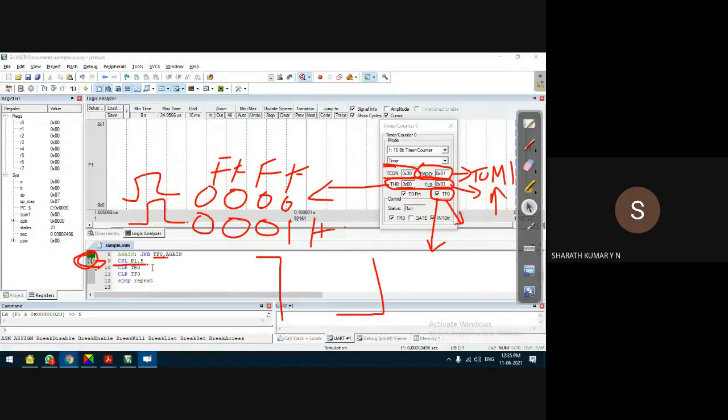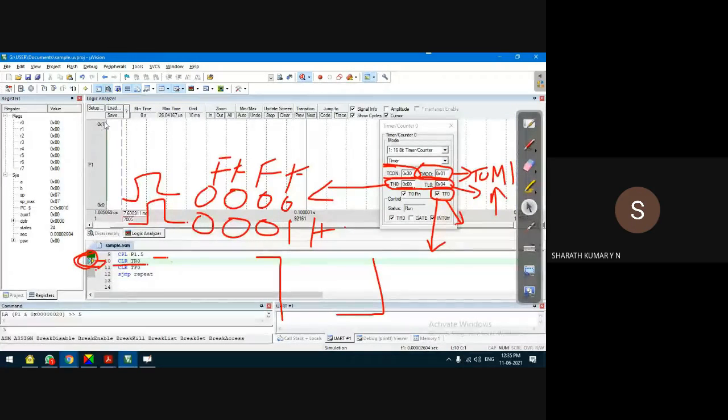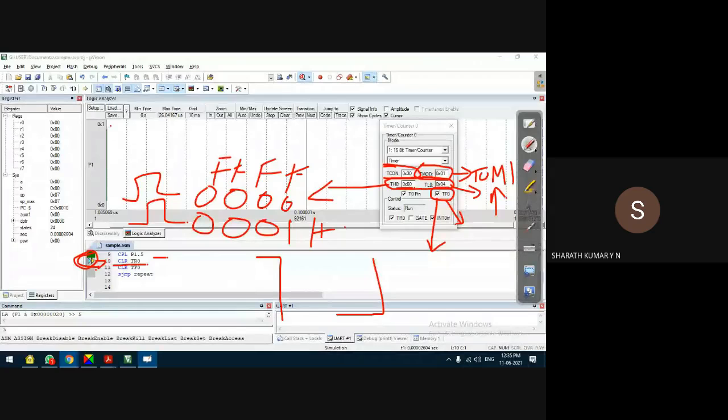Pressing F11 on my keyboard, good guys, could you notice one green line here? I don't know whether it is visible on your screens, because you may be using a mobile device. I'm not sure whether this green line is visible. I got one green line here. That means P1.5 is set to 1.